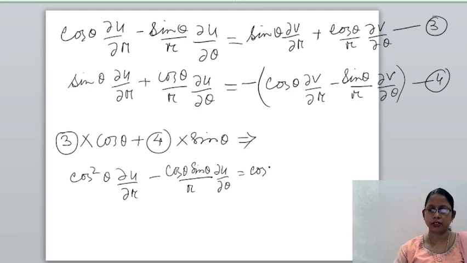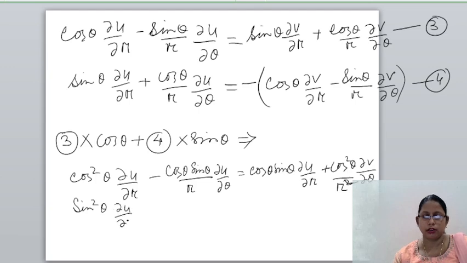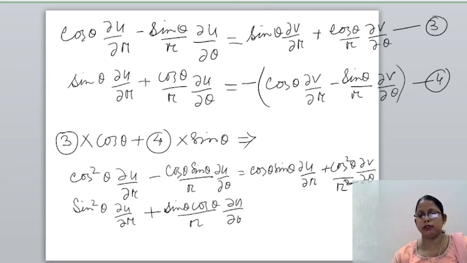cos theta sin theta del u by del r, then cos square theta del v by del theta by r square. Again, this is r square. Again, multiply this by sin theta, that is sine square theta del u by del r, then plus sine theta cos theta by r del u by del theta, equal to minus,